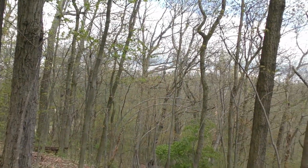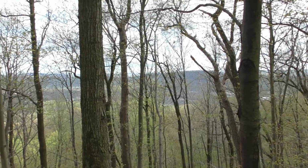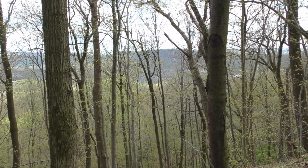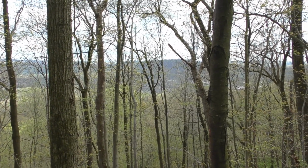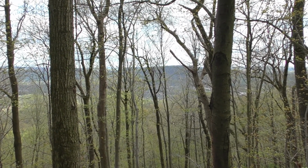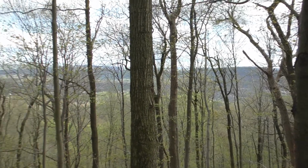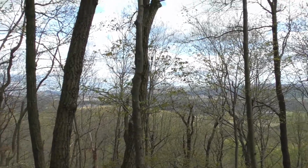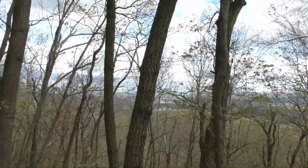And standing up here looking off into the distance, you can't see too much through the trees. This would be better if there weren't any trees here, and I'm sure back in the 1800s when this was active up here, this was one heck of a view. But looking down through the trees,